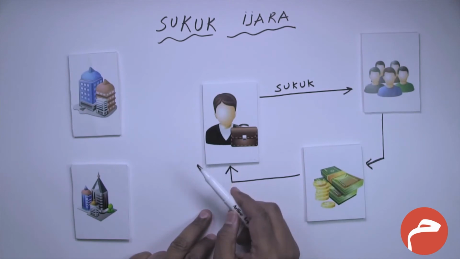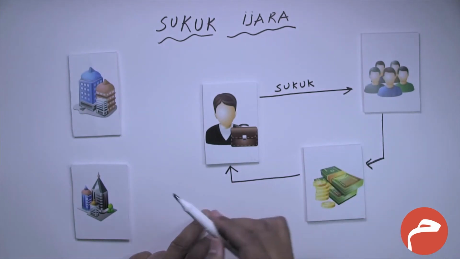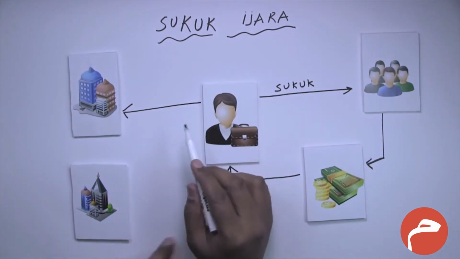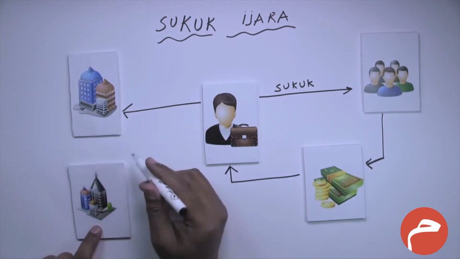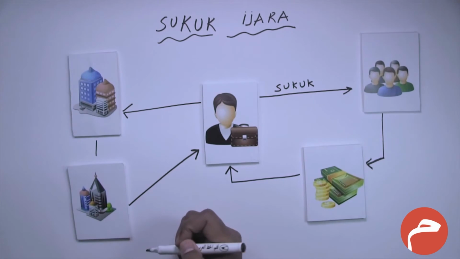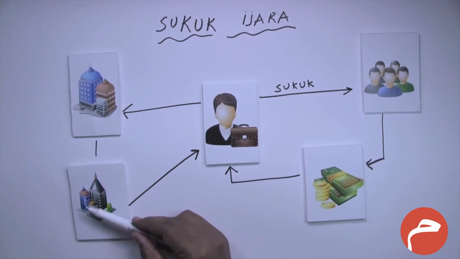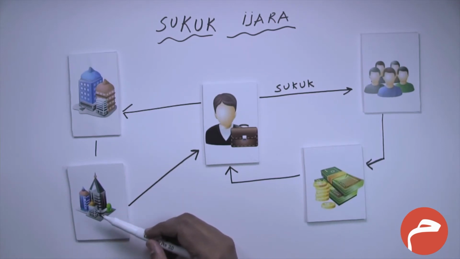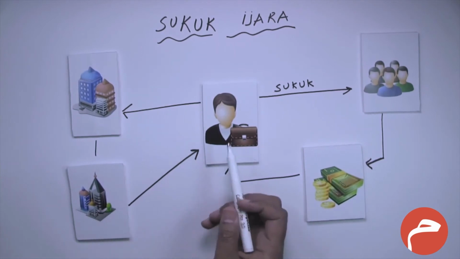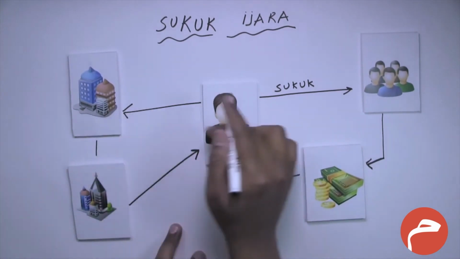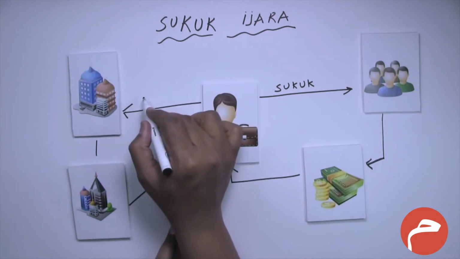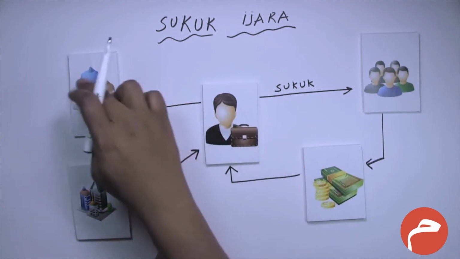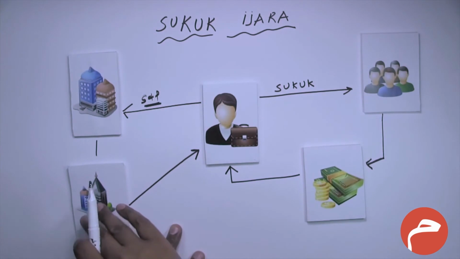Now the SPV, from the collected proceeds, would enter into a sale and purchase agreement with the company. What will the SPV purchase from the company? The SPV will purchase these real estate assets. As we had earlier discussed, these are assets which have a value which can be quantified. A sale and purchase agreement will be entered between the SPV and the company, and these assets would be transferred